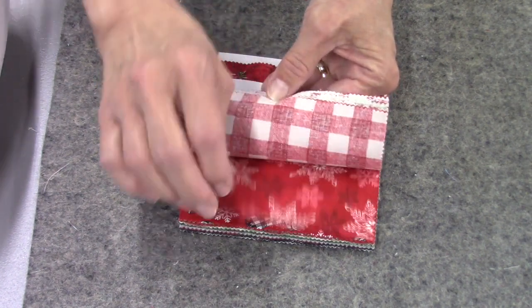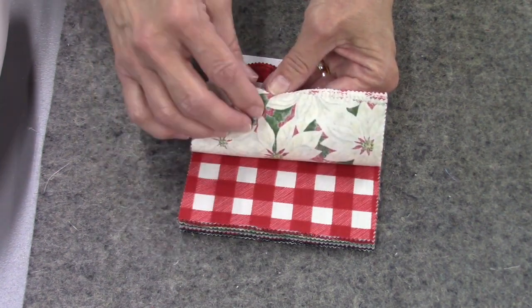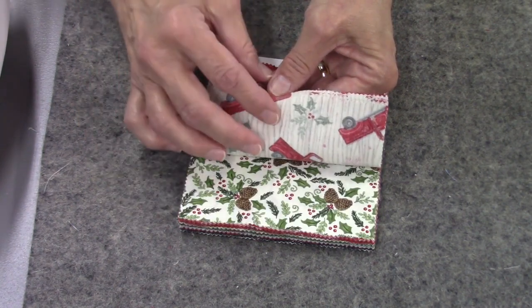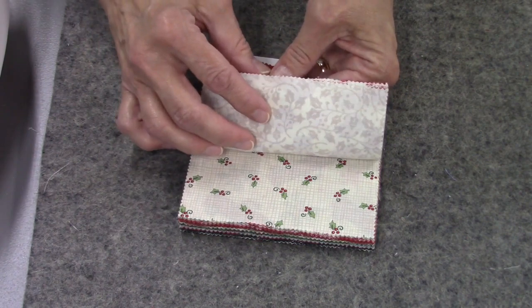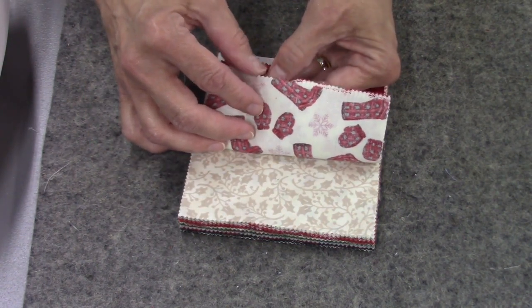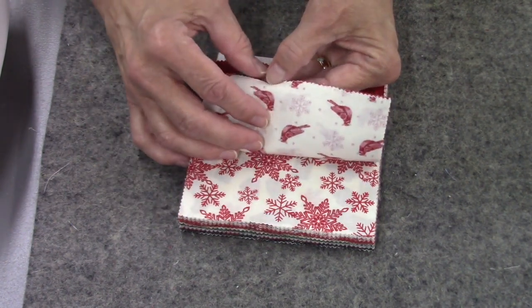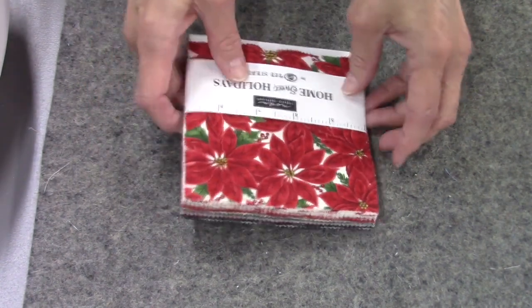So these fabrics I got at my local quilt shop. I just went by there about 2 days ago, I think it was, and asked them if they had any Christmas charm packs in, and they had a few. And I think these actually are from last year. I think the newer Christmas fabrics aren't in quite yet, but there's this one. And I bought two